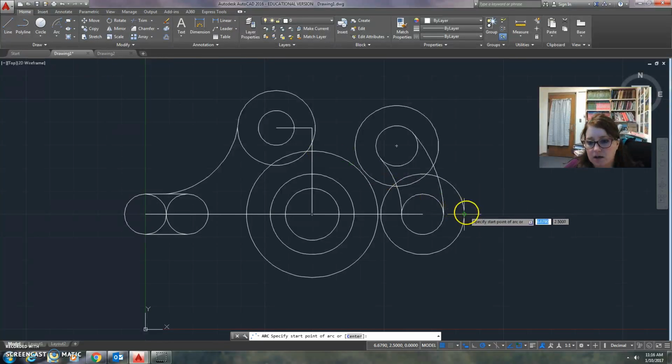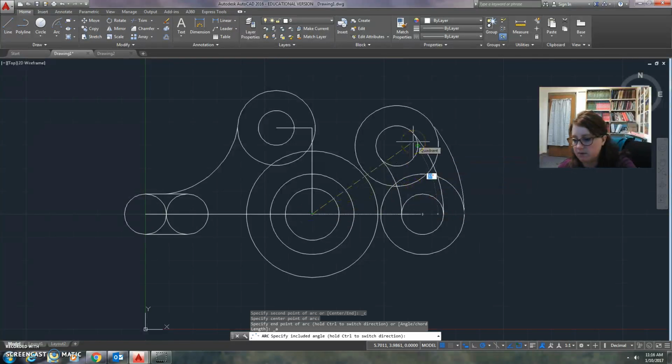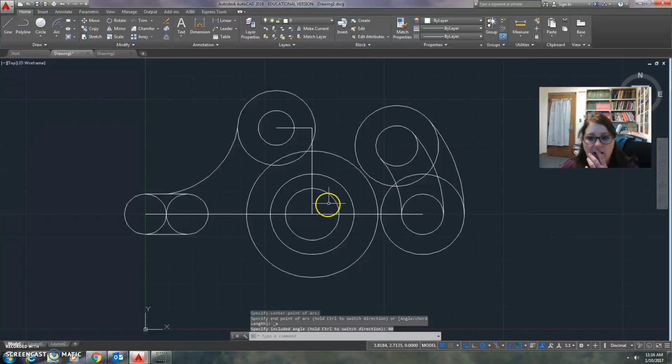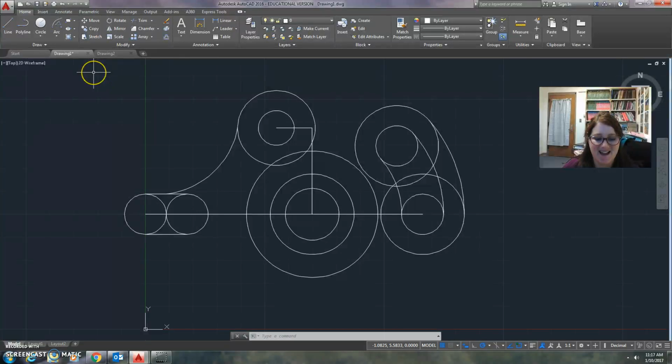Start, center, angle. So my start is here. I know my center is here. And I want my angle to be 40. And I think that's all I need. Really, the only other thing I kind of want to show you, that's a lie, there's more. I want to show you